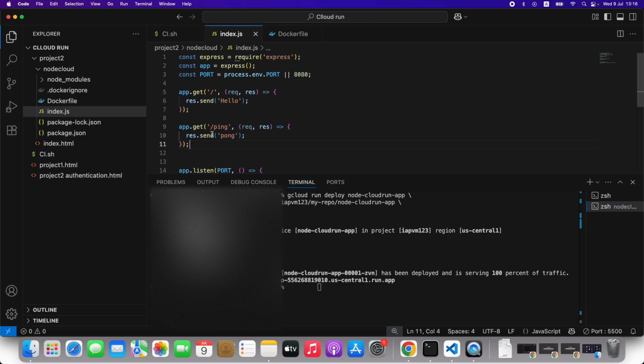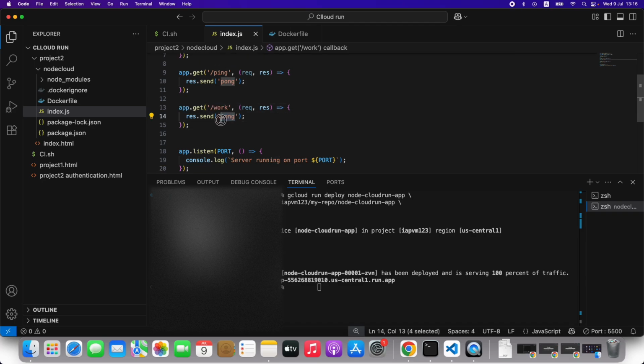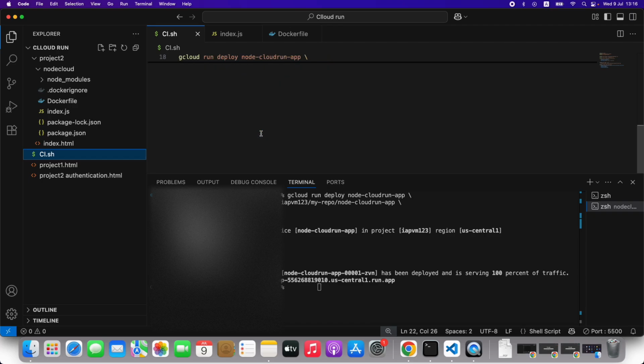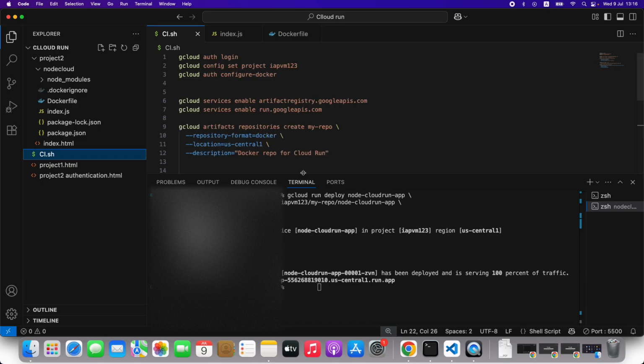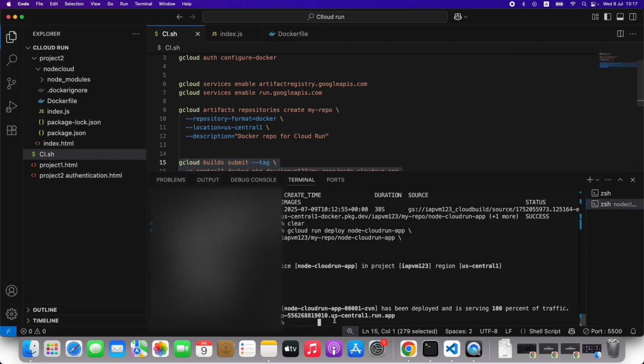So now what if I want to add another endpoint? So let me just copy this endpoint and I'm going to have another one. It's going to say work and it's going to return it works. Okay, whatever. Now if we go back to our script, I only need to run the commands to build and push the image and then to redeploy my app. So if I just copy those commands and paste it on the terminal,